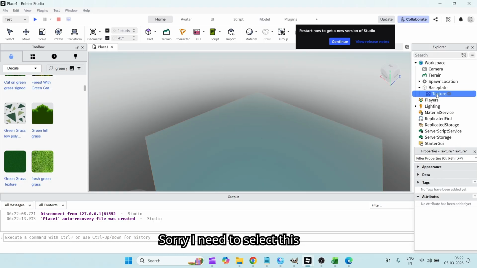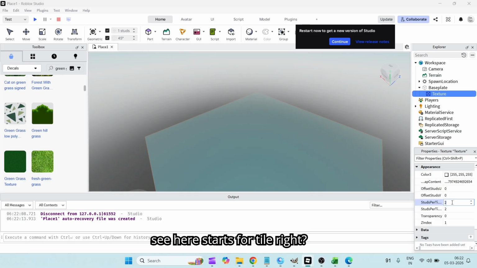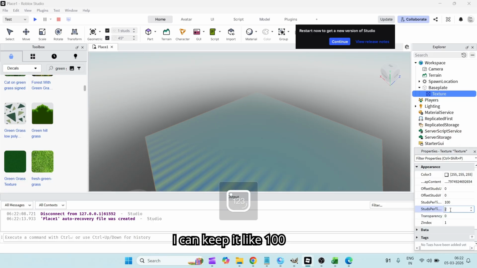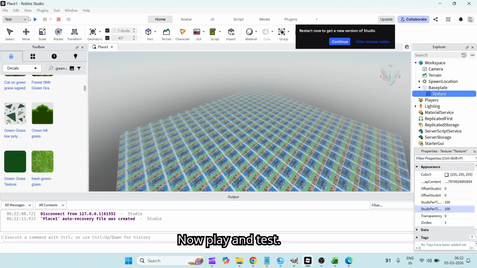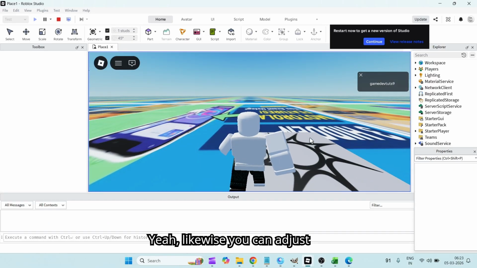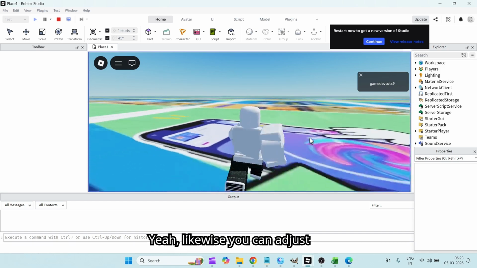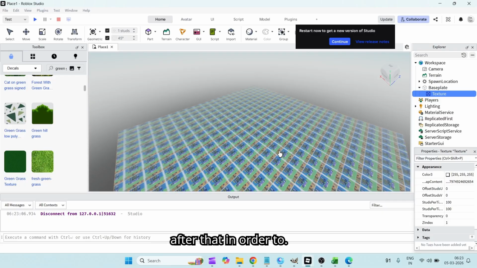Sorry, I need to select this texture, then click on appearance and see here, studs per tile, right? I can keep it like 100. Now play and test. Yeah, likewise, you can adjust the tiling. Okay, after that, in order to